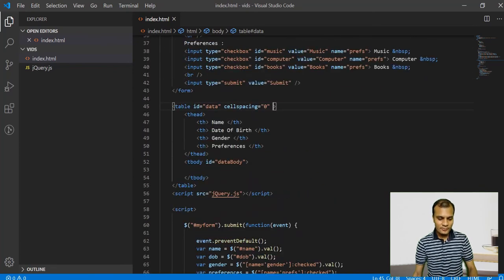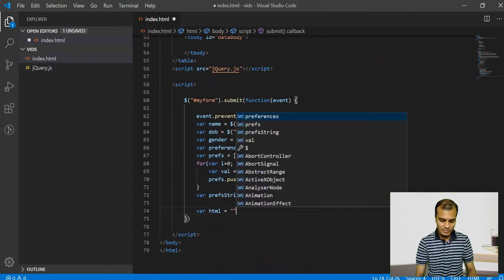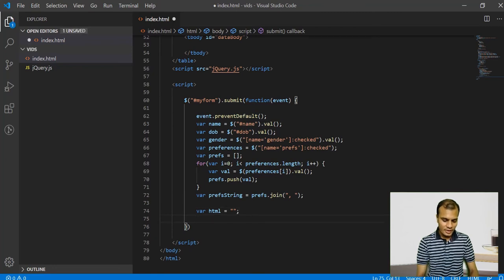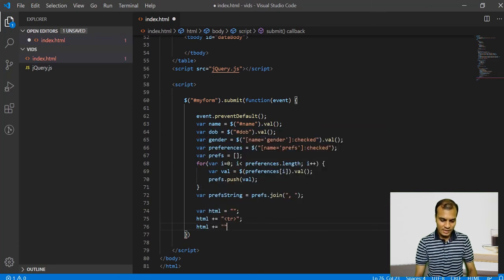Okay, so now I need to generate the HTML dynamically here. Let me declare a variable html equal to blank initially. Then I need to append values to this HTML string, plus equals, I need to start a row here, tr, and inside this row I need to add the dynamic columns. So those are td, then the value. The first value is name, right? So I am appending the name variable which is declared here, with this string here,